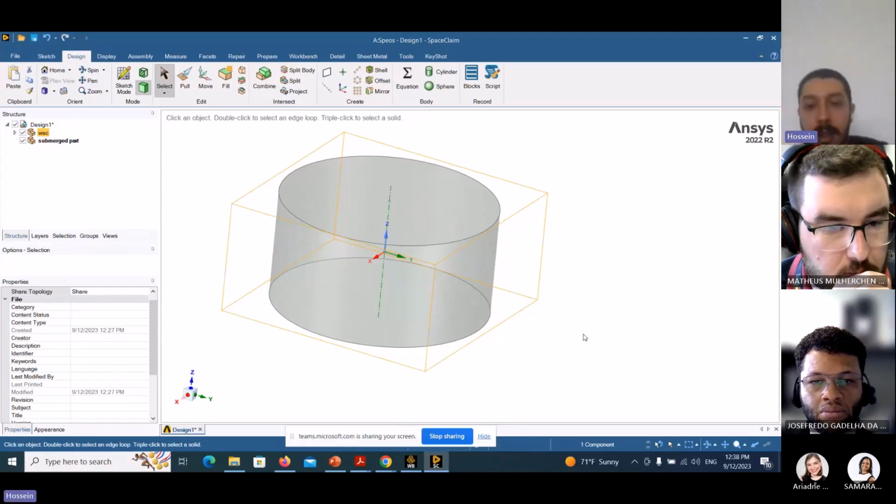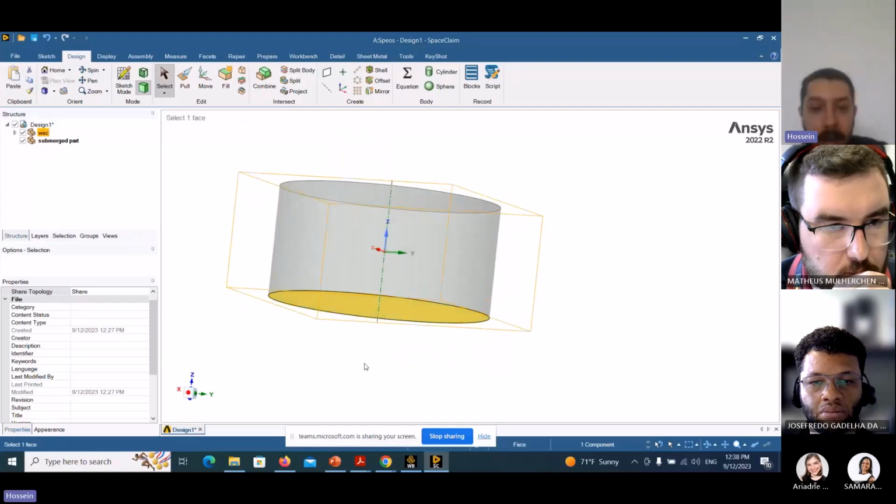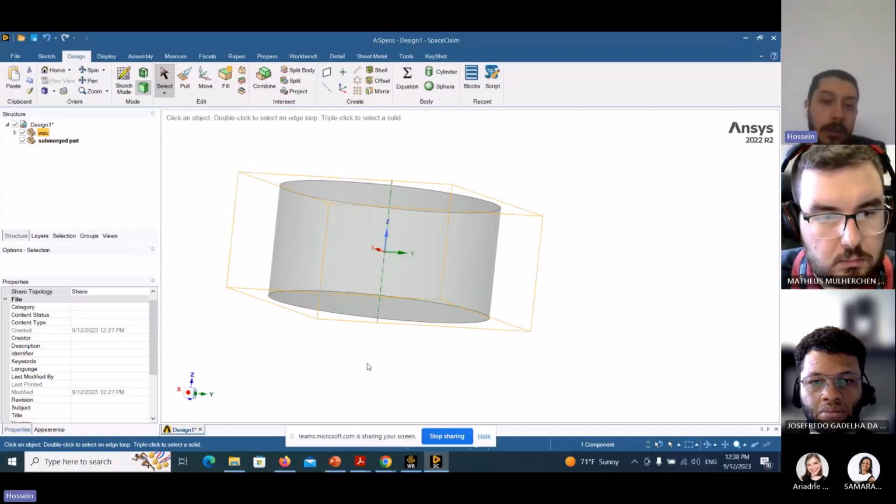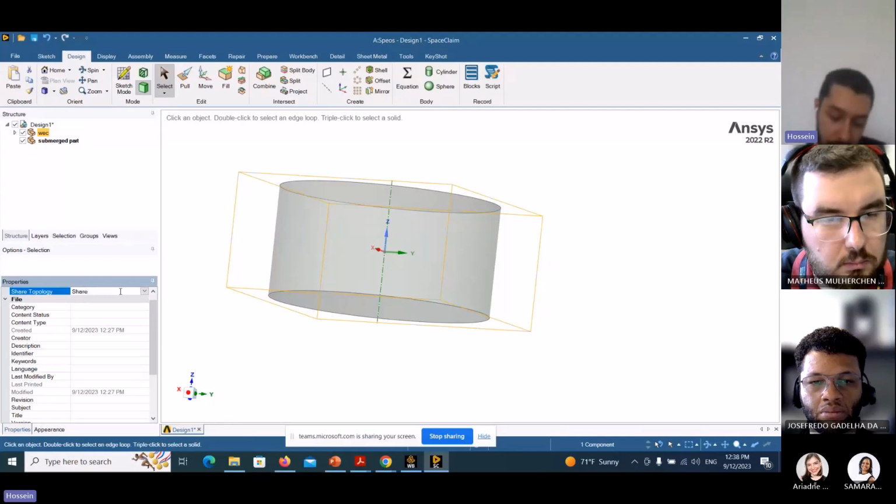But if you have another part, like an S-bar on your wave energy converter, I mean, when you have two different structures in one component, and you don't put the shared topology option on share, when you get the results in ANSYS AQWA,